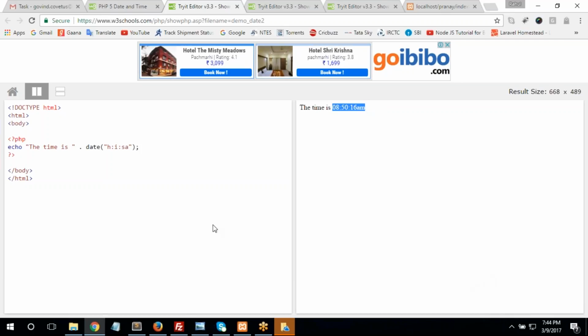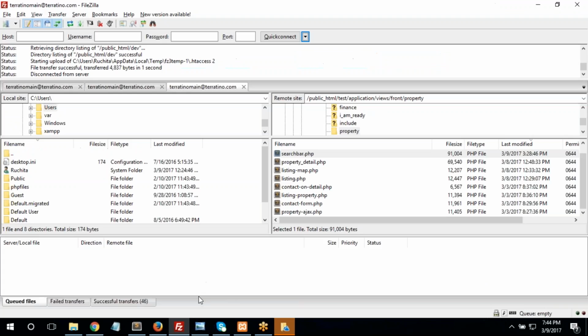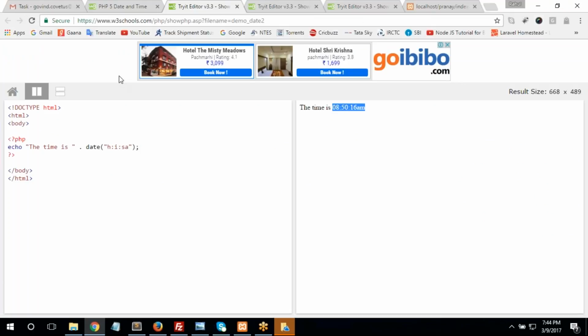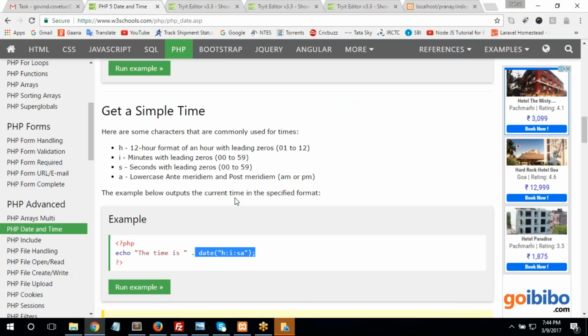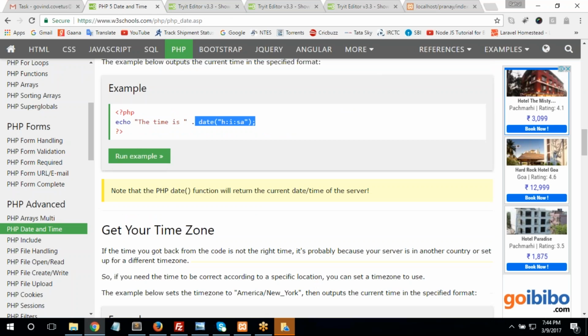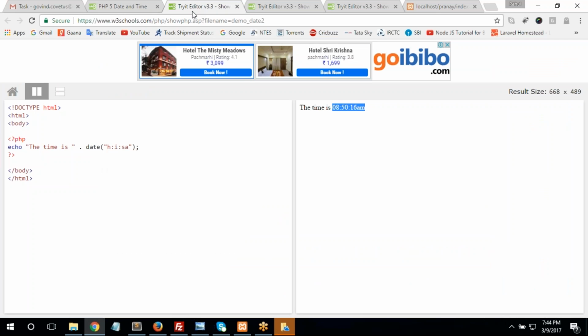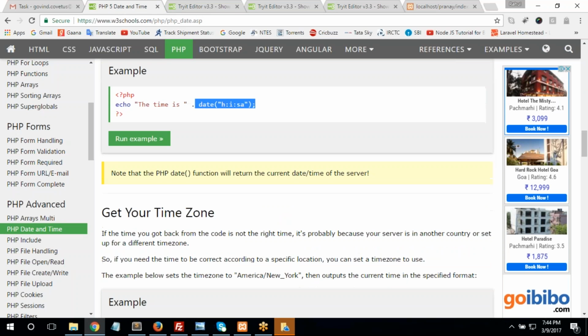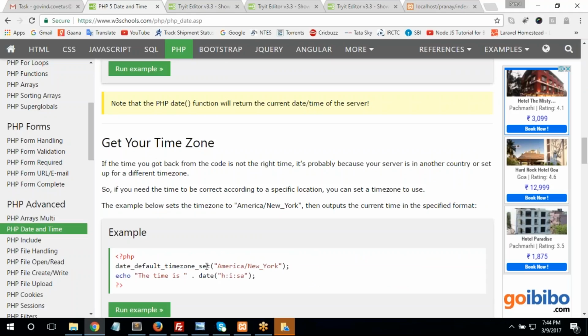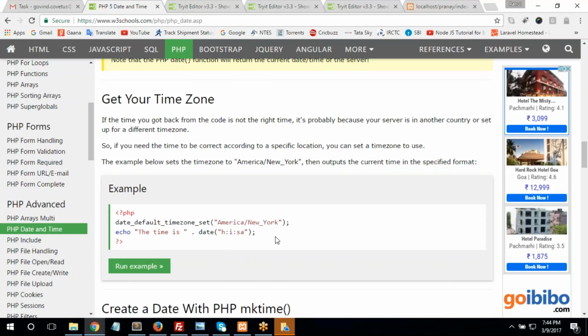CST time. We can set that particular area or time zone also in PHP. Maybe they have described that. No, they have described it here also. Get your time. Check the default time zone, one inbuilt function. If we use this,